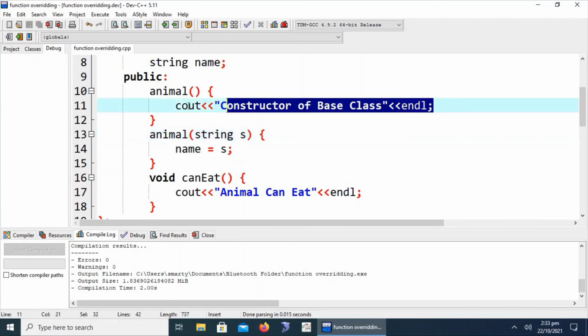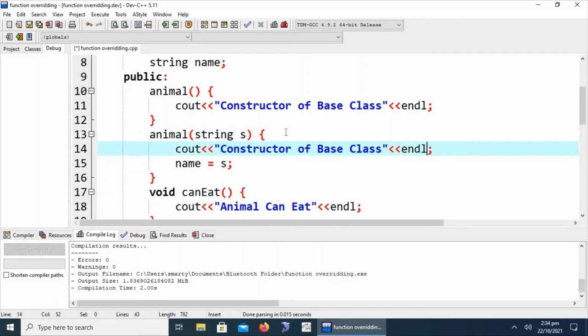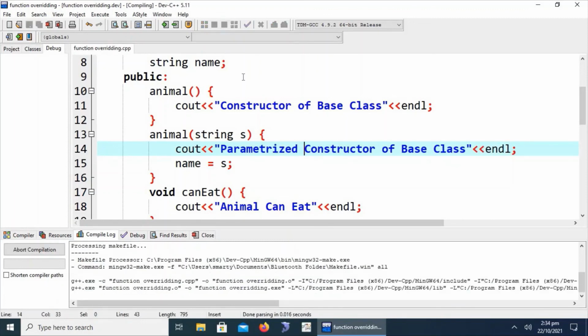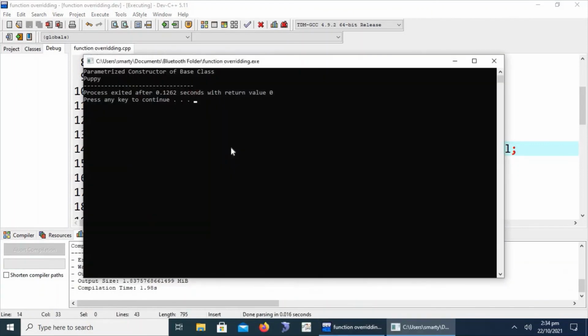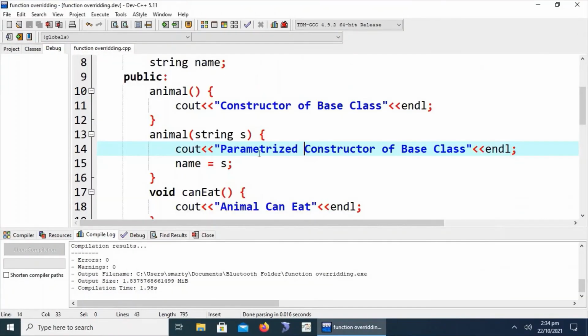If we write here cout parameterized constructor of base class, then it will display the message parameterized constructor of base class is called and assignment is performed. This method is called constructor overloading.